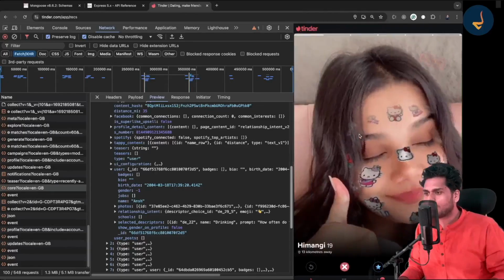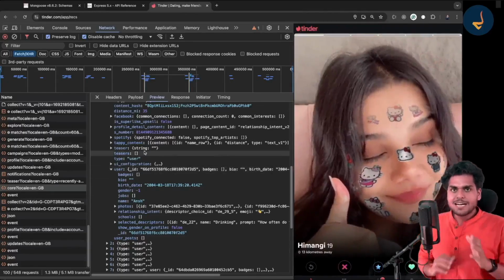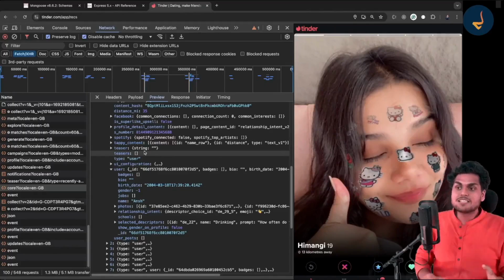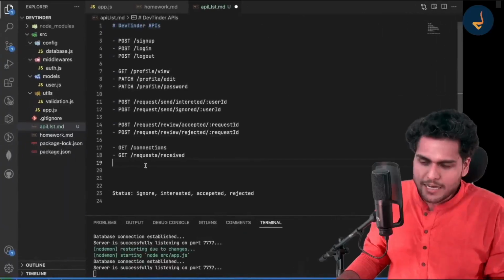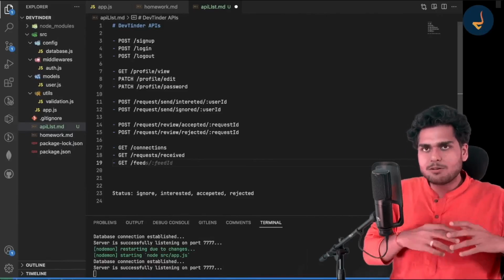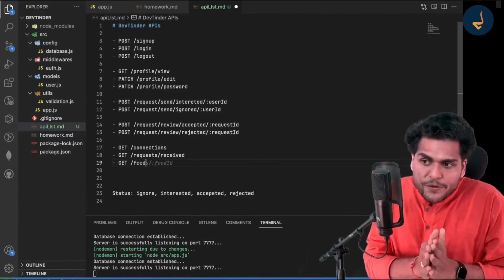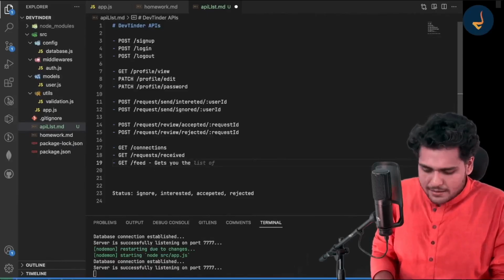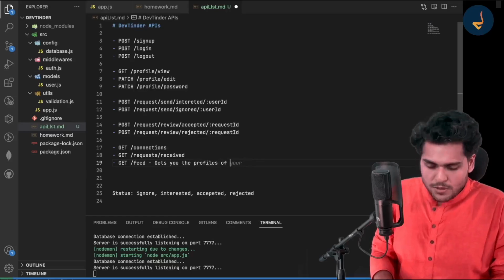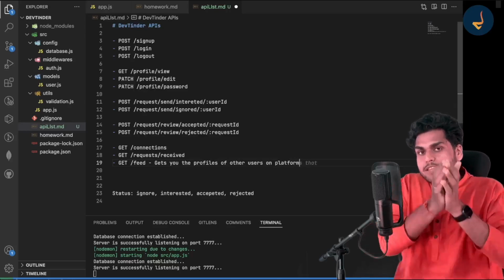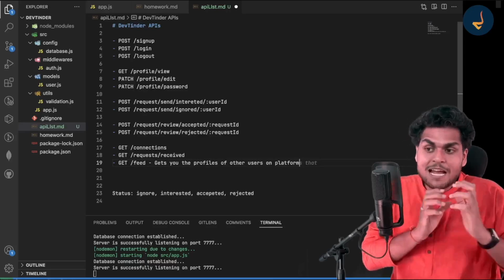This is Ansh's profile. So what I'm trying to say is, Tinder basically makes a core API call and gets you this, the feed API. Okay, so this is the API that we will make. This is a very important API. As soon as you go to Tinder, it will call the feed API. It gets you the profiles of other users on the platform, right? So basically this gets you the feed or the profiles of other users of the platform, and it does not